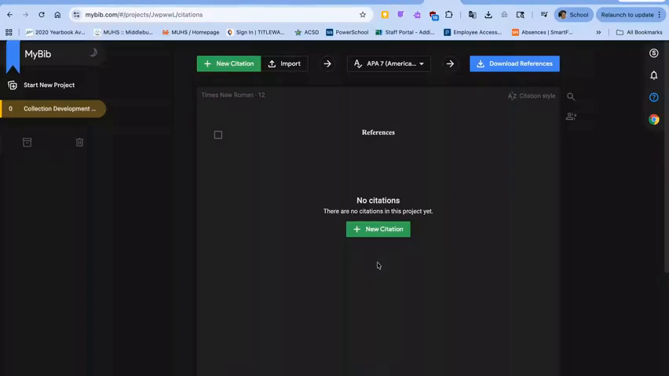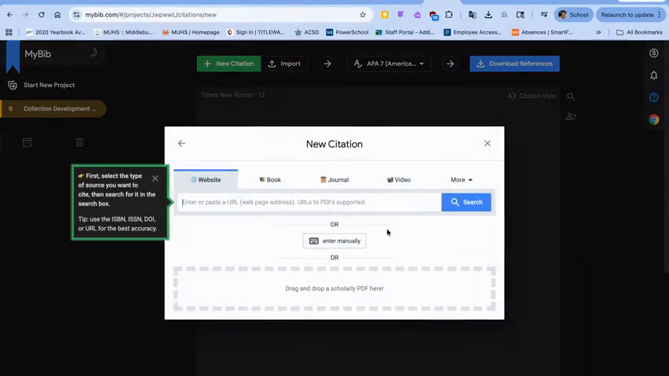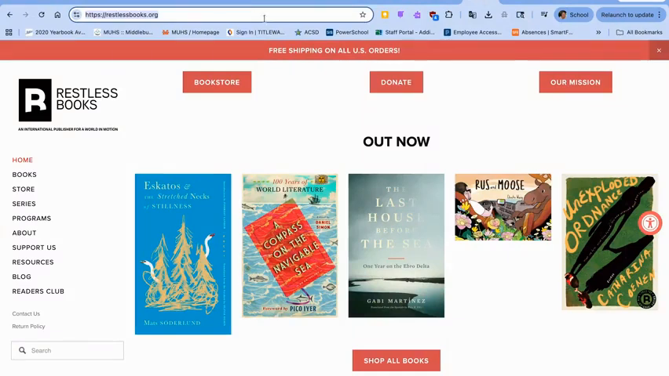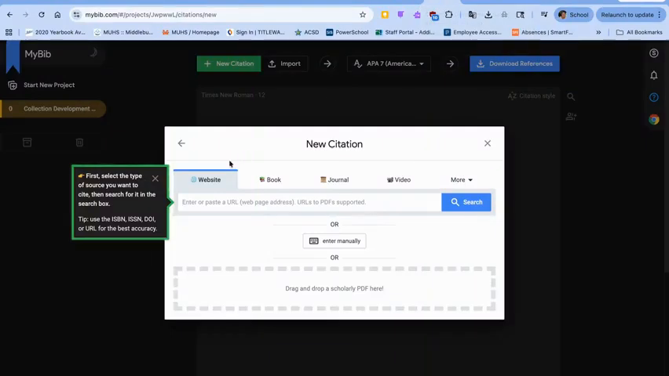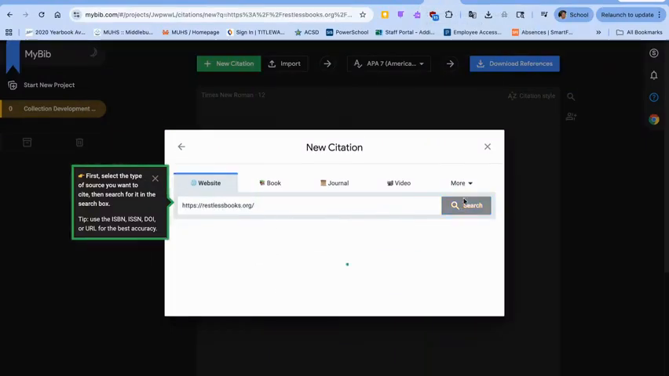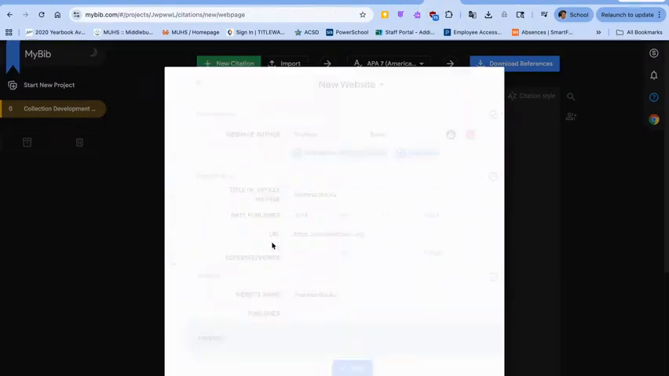Create a new citation for a publisher that I'm going to use for my collection development selection resource, and that's called Restless Books. It's a small independent publisher in Massachusetts. So I'll copy in the web address, choose Restless Books,